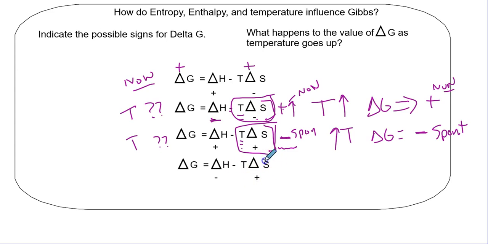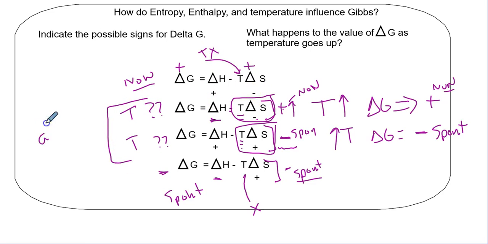Positive times a negative means this whole factor is negative. It's pushing in the spontaneous direction. But this delta H is also negative, so both factors are pushing in the spontaneous direction. So mathematically, this has to be negative, and it will be spontaneous, regardless of what temperature. Temperature does not matter here. So these two here, we could alter the temperature